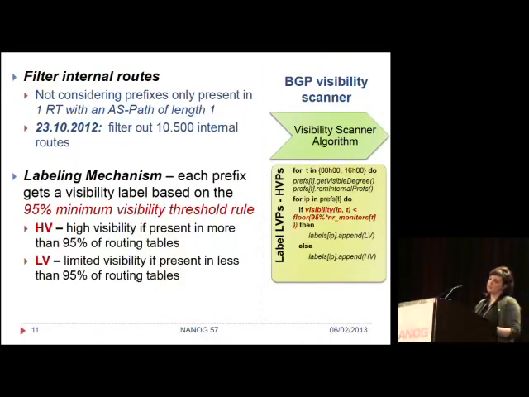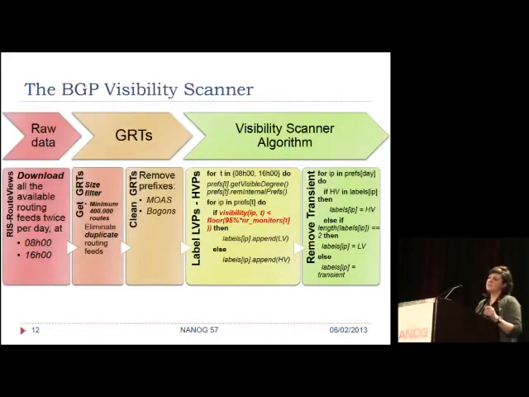These we tag as internal routes and discard them. Then we move on to the actual labeling mechanism. It's very straightforward, it's very simple. We apply a 95% minimum visibility threshold. Whatever is below this threshold is labeled as limited visibility. Whatever is above this threshold is labeled as high visibility. Very simple. At the end of this step, we're going to have all the prefixes tagged with